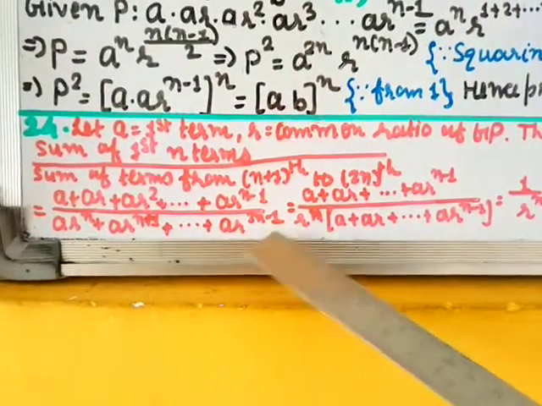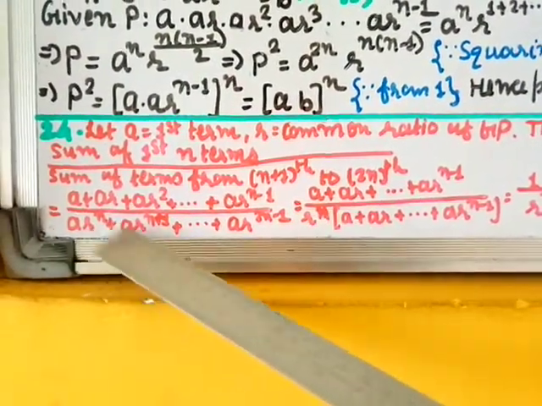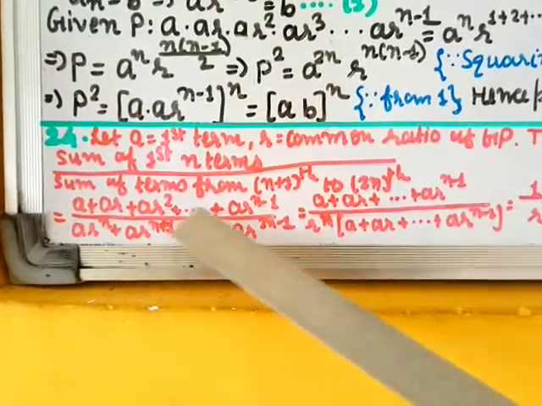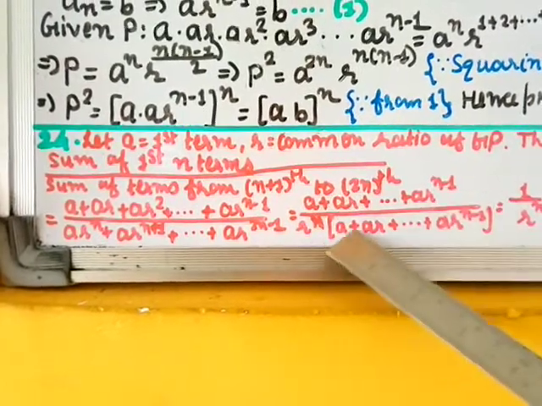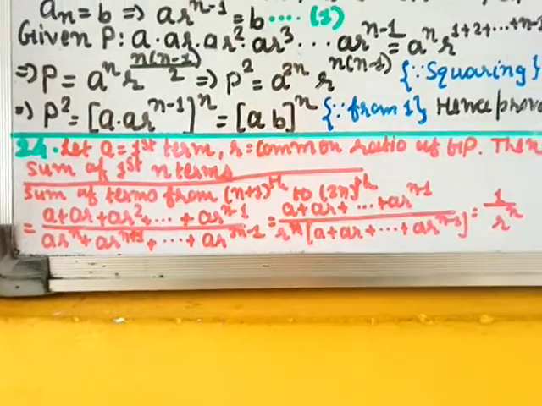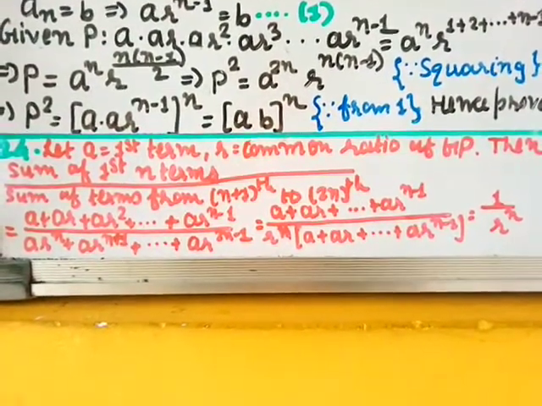So now from the denominator I take r power n common, so we get in this term a plus ar plus up to plus a r power n minus 1, and the numerator keep as it is. Now this numerator and this value in the bracket is equal, so you can cut out, so you get here 1 by r power n, and that is what they have asked you to prove, hence proved.